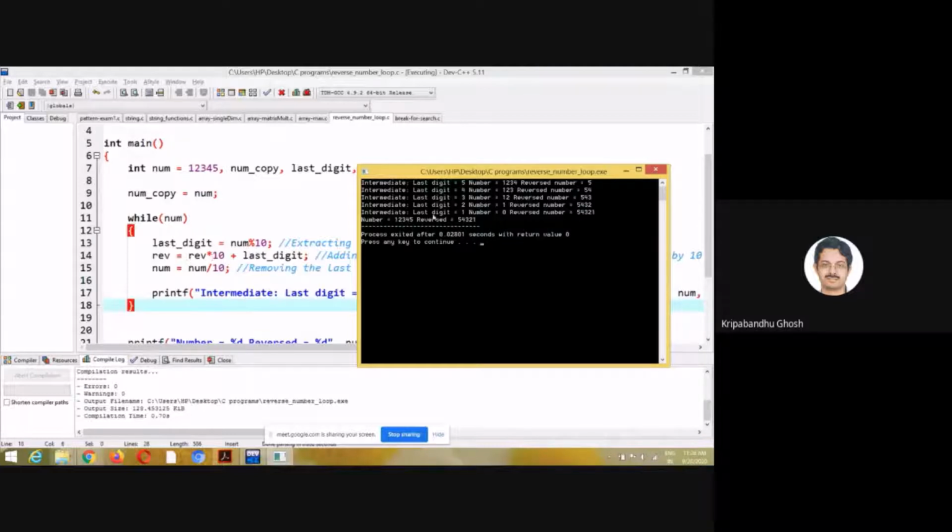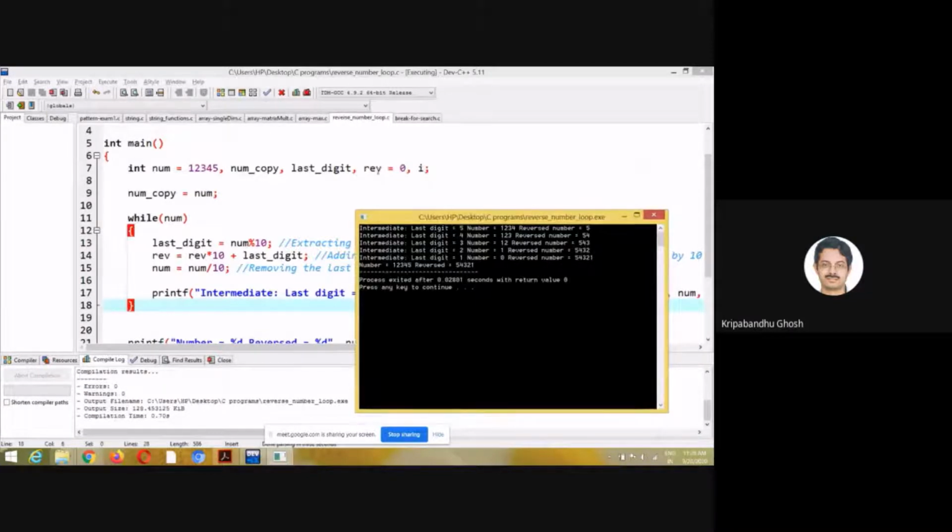And we get the reverse number by this. Reverse is initially 0. So 0 into 10 plus 5, we get 5. Now it checks if the number is 0 or not. The number is 1, 2, 3, 4, so it is not 0. Then at the next iteration of the loop, we again generate the last digit. From 1, 2, 3, 4, we get 4. And the new number is 1, 2, 3, because 4 has now gone away.